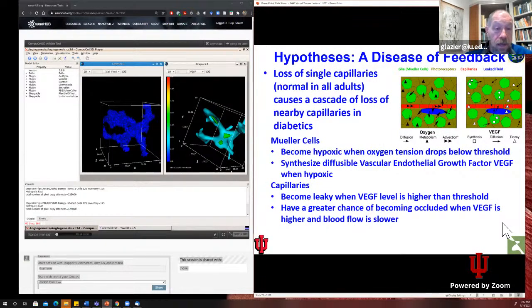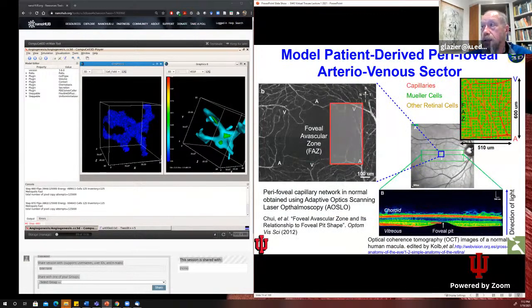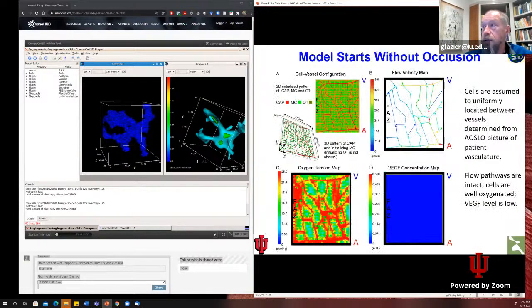And so we built a model of the feedback loop that we believed caused this failure of the retina, and then used patient-derived images to try to calculate what the oxygen field would be for the patient, and then specifically tried to calculate the probability, if a blood vessel failed, you can't say which ones are going to fail, but if a particular vessel fails, what's the probability that it'll cause the neighbors to fail? So basically, if your house catches on fire, what's the probability it's going to cause your neighbor's house to catch